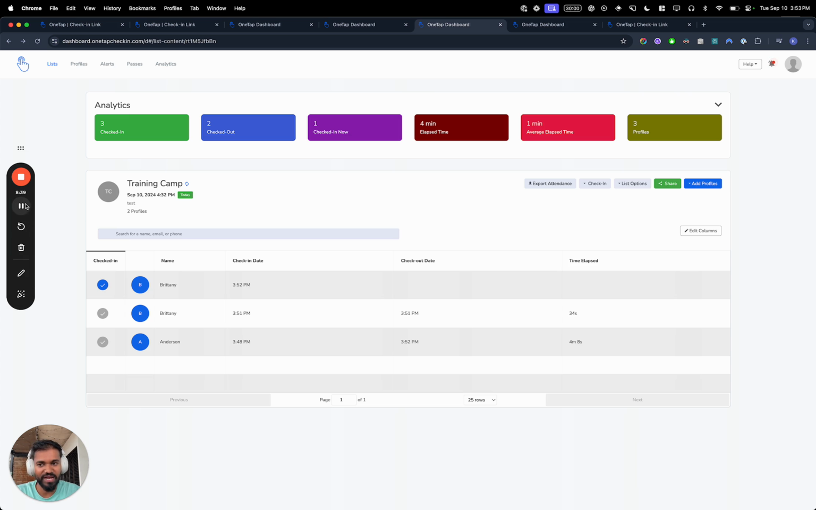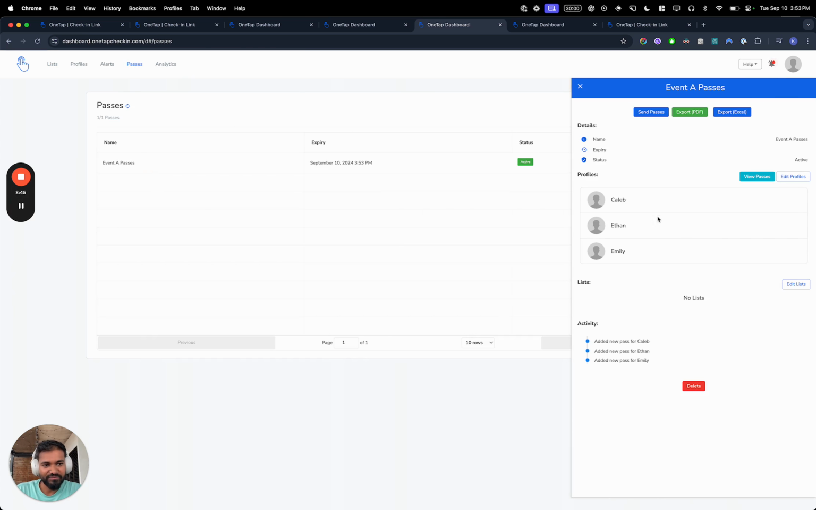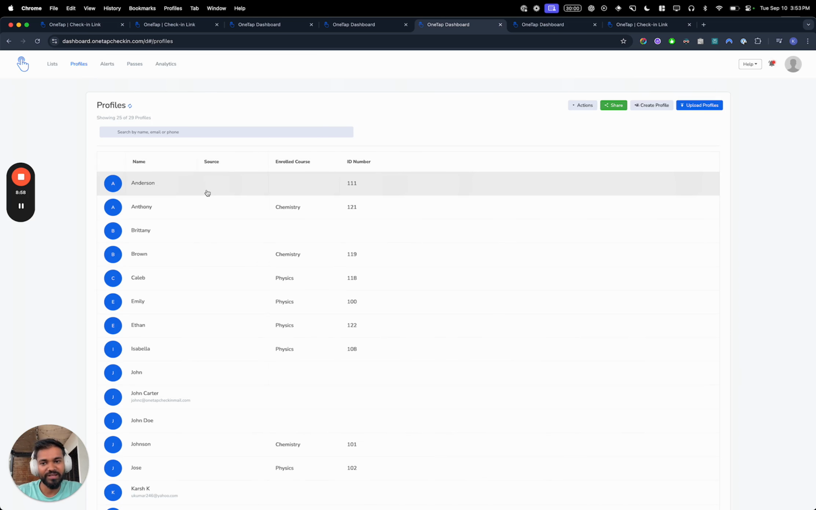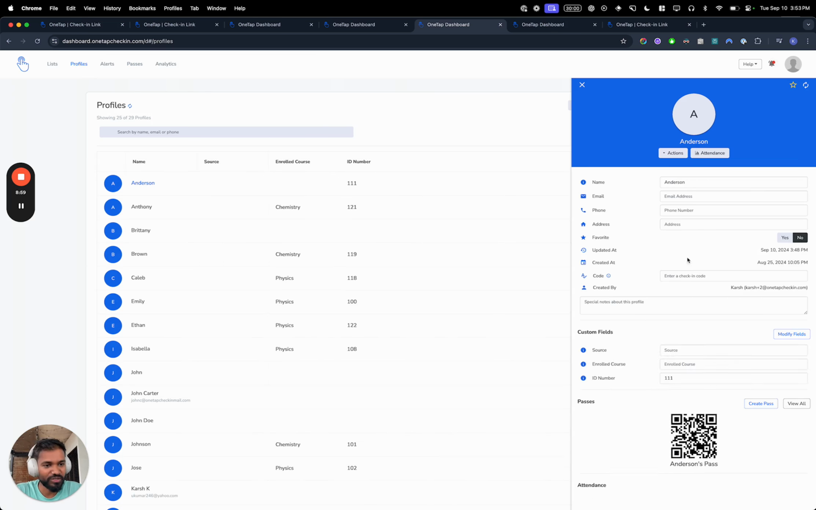I guess the last thing that's left is that whenever you create a group pass, for example for an event, you can mass send them to people, because that's also a common question we get. You can always hit send passes and it will automatically tell you that we don't have the email addresses for these people. As soon as you go ahead and import the email addresses for those people on their profile, for example, if I do